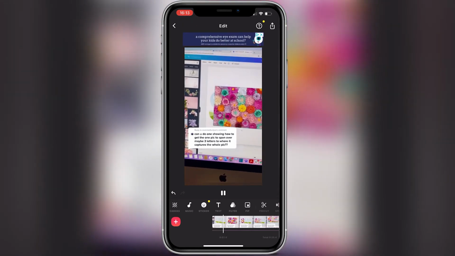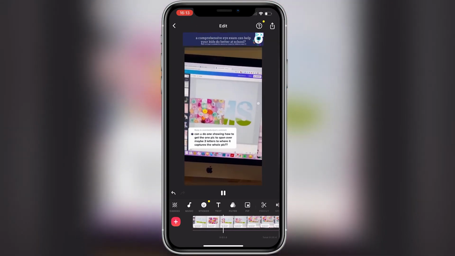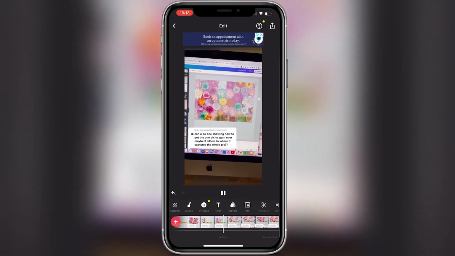We love this question, thank you for this. Grab your image that you wanna use and then resize your image so it's the full size of your entire